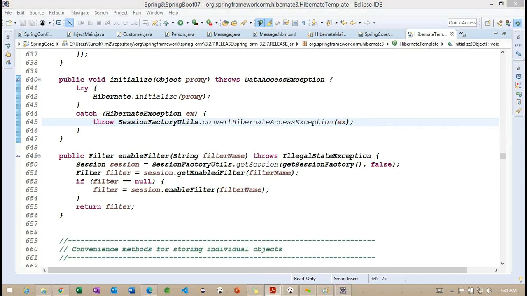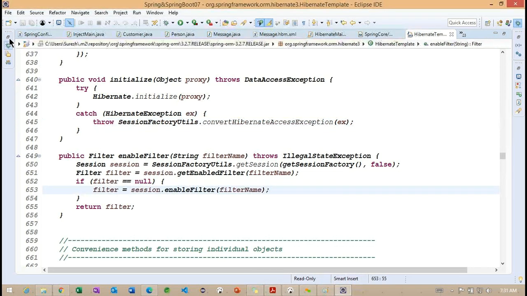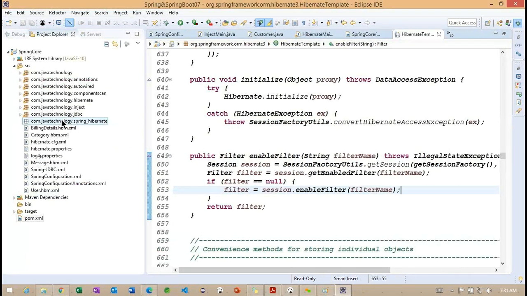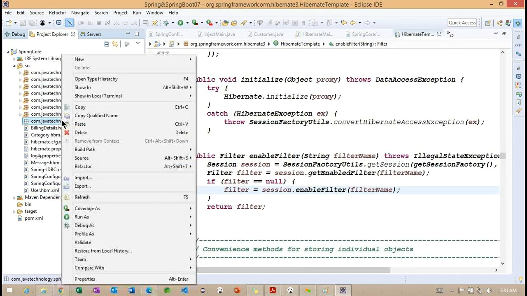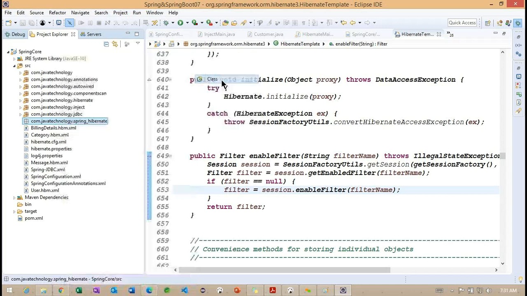So to work with this particular HibernateTemplate, what exactly do we need to focus on? Getting the point. To work with this particular Hibernate, first we need to create the information, right? So now what we are going to do, we'll try to work with the XML configuration file. Later we are going to work with the annotation example. Getting the point. So to work on this particular XML configuration, I want to create one class here.